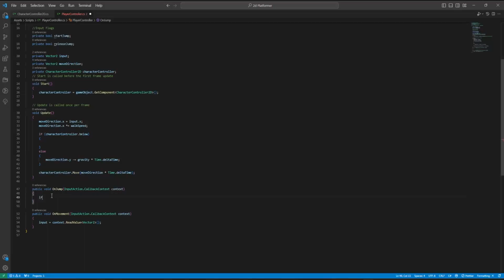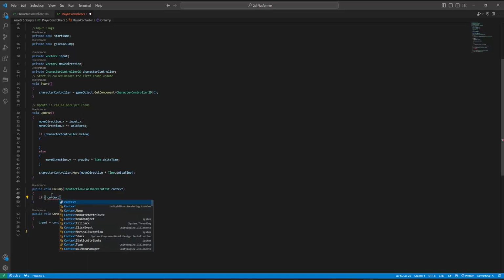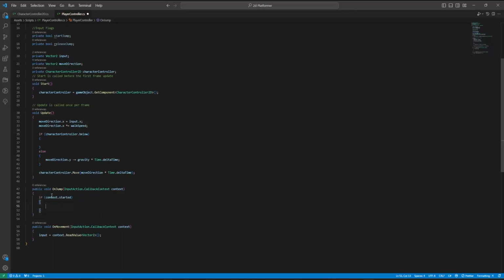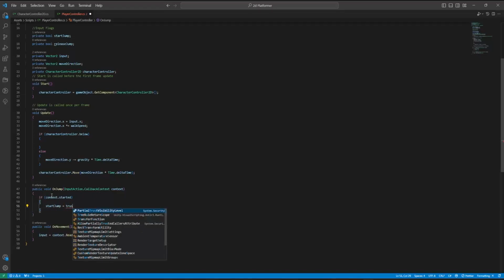So let's say if statement, if context was started, say start jump is equals to true. Else,